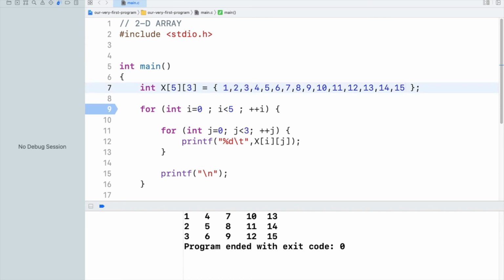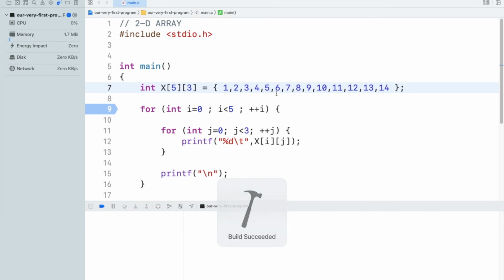If there is any shortage of elements, the last ones would be affected. I have just deleted 15, the last one, and instead of 15 we might see some garbage value, and you can see in here now.